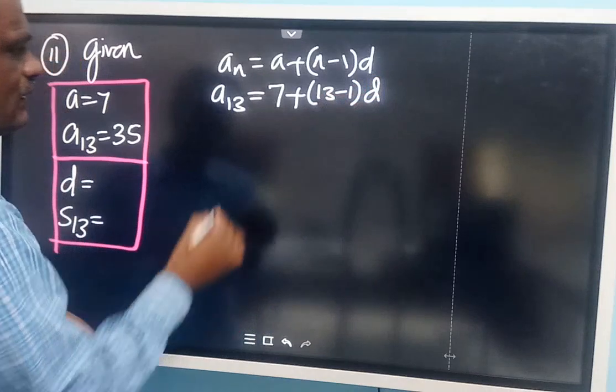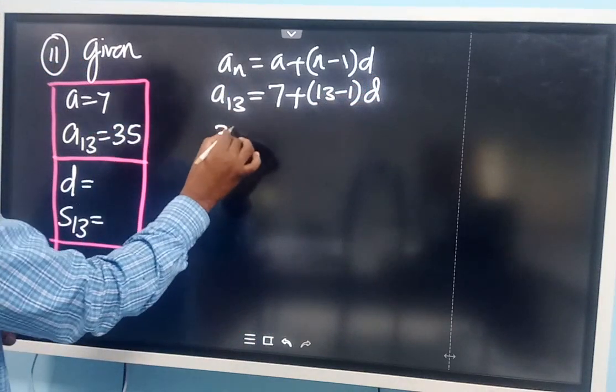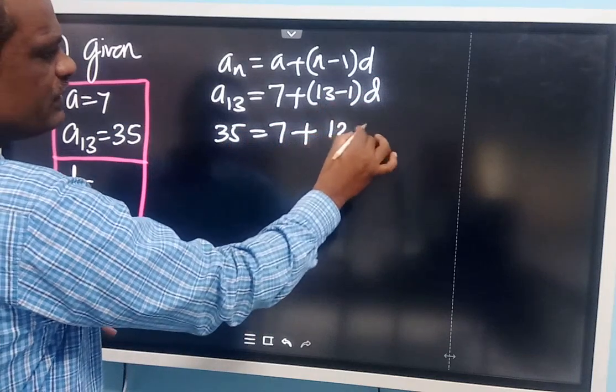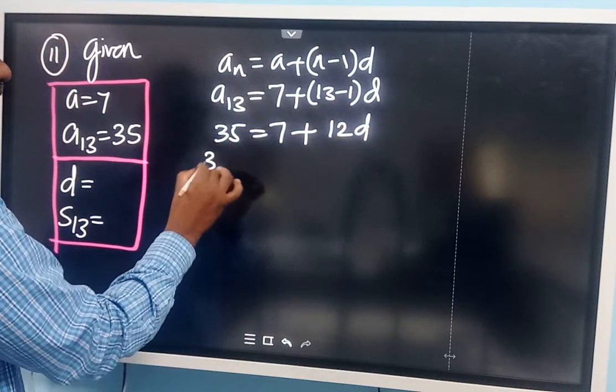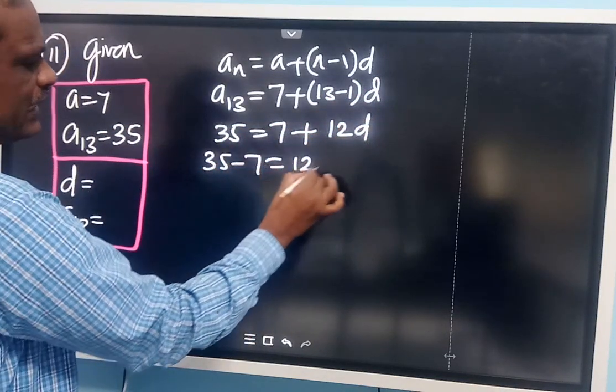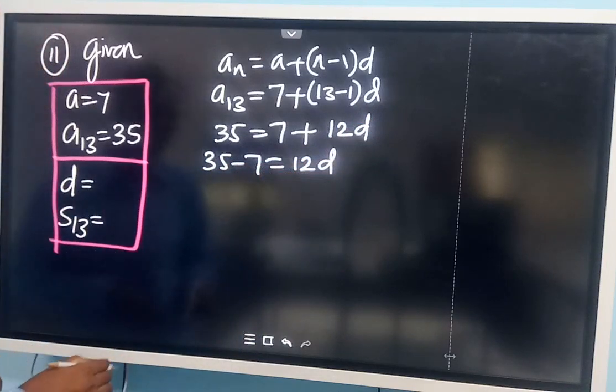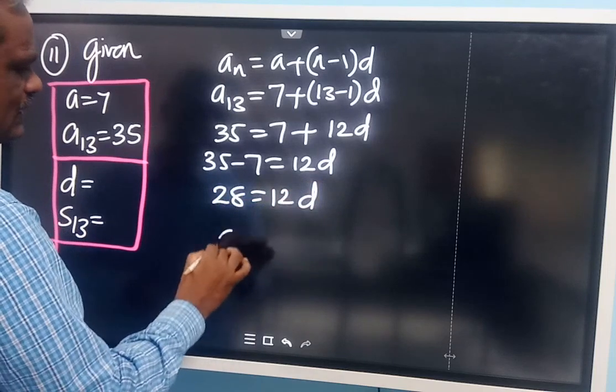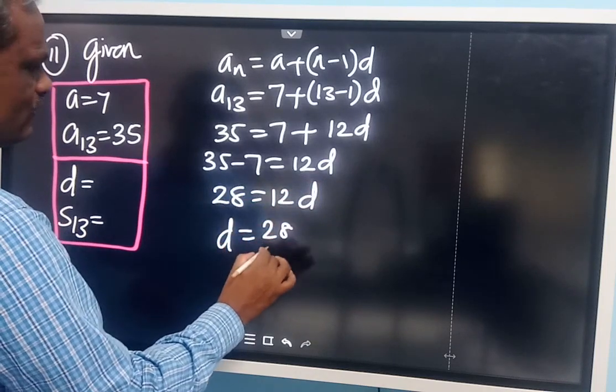We have to calculate d. a13 you know is 35, so 35 is equal to 7 plus 12d. Transfer 7. 35 minus 7 is equal to 12d. 35 minus 7 is 28, so 28 is equal to 12d. So d is equal to 28 by